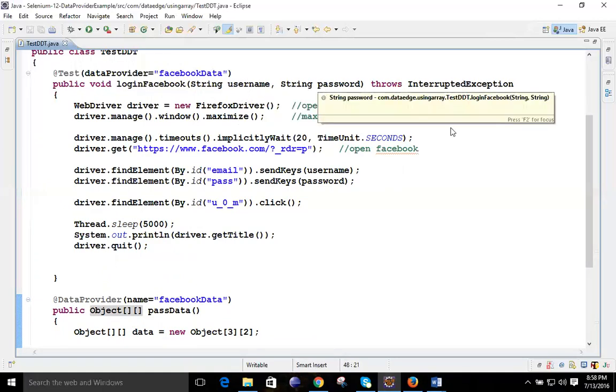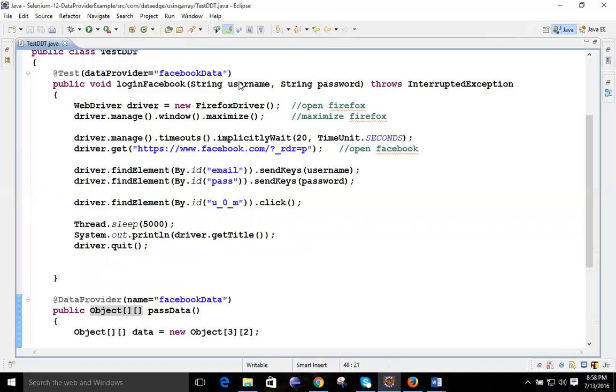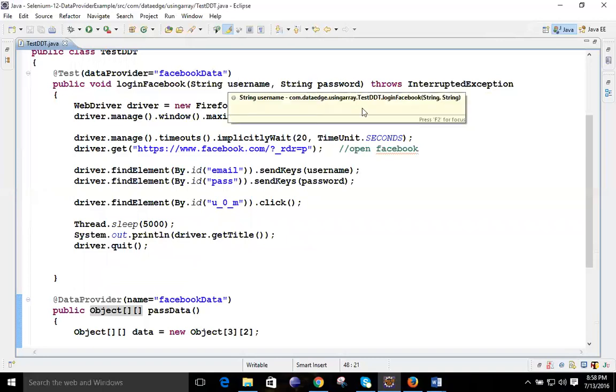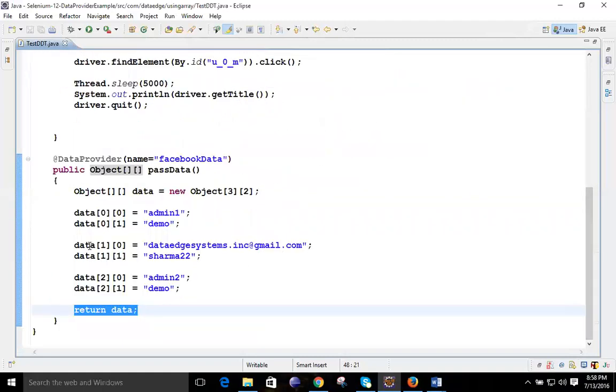Admin one will be copied to the username and demo will be copied to the password. The second time, this is the email ID and this is the password. So what will happen next time? This will be your username.